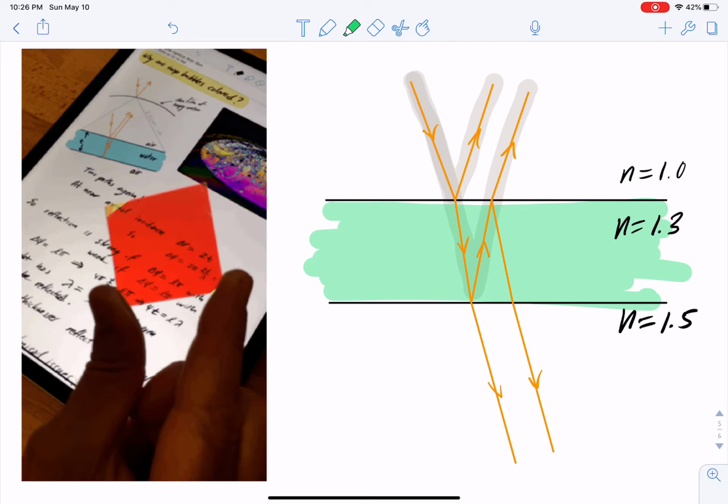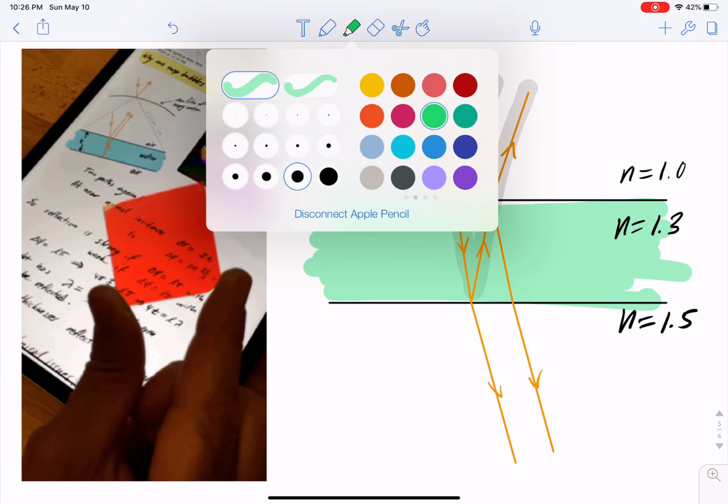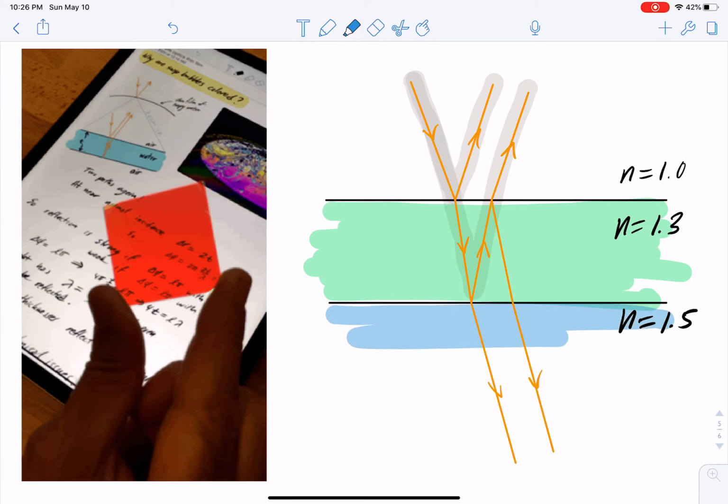There's air up above and there's glass down below. So we have a sheet of glass. Let's say this is glass. So there's 3 different indexes now. So this is a good opportunity to count